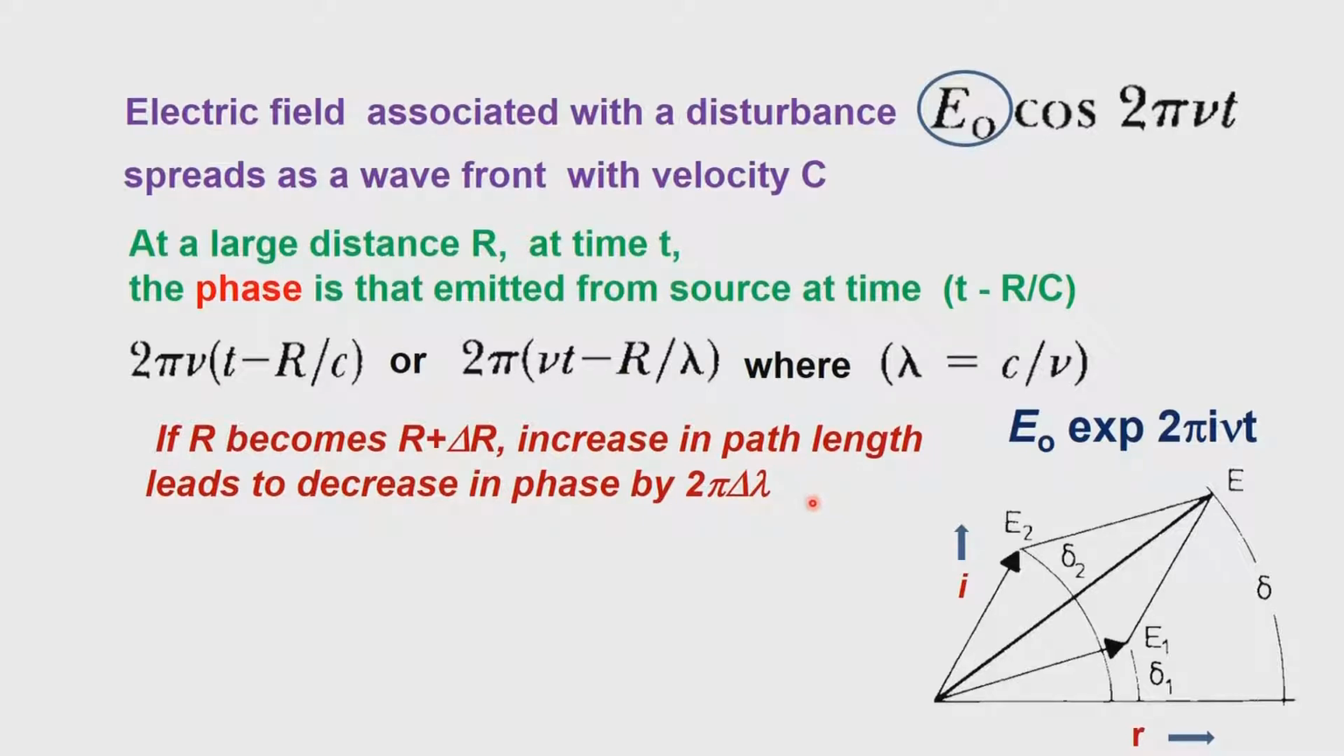So, what are the consequences of these? We have to now see that there is a wave. The wave is represented by a complex equation which is E naught exponential 2 pi i nu t. This particular quantity represents the wave. The first part, which is E naught, is the amplitude of the wave. Exponential 2 pi i nu t is the phase associated with the wave. To describe the wave fully, we need both these quantities, the amplitude as well as the